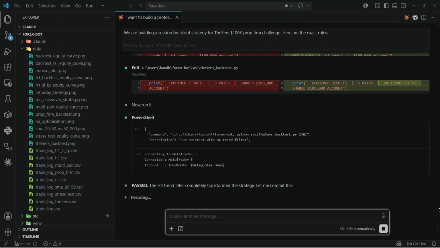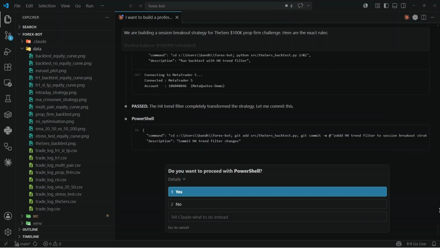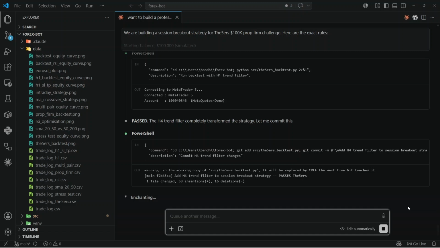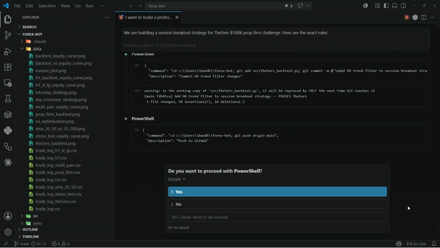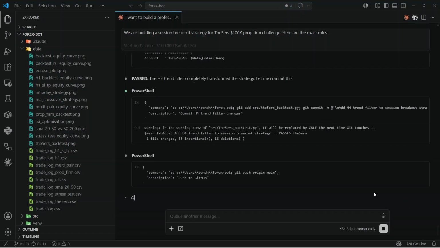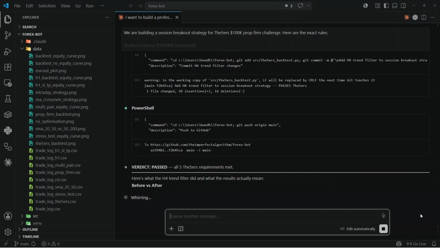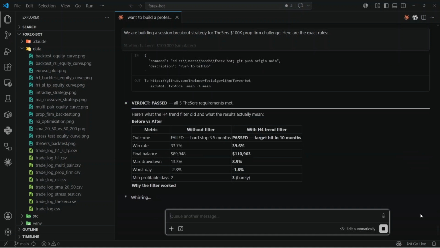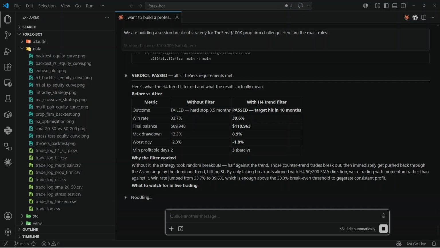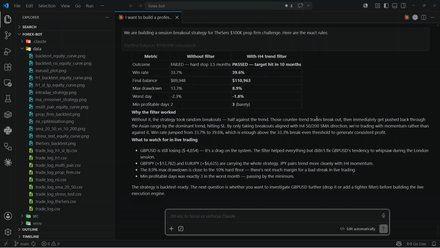Everything changed. Win rate jumped from 33.7% to 39.6%. Max drawdown dropped from 13.3% to 8.89%. And the number that matters most, target reached: $110,963. Challenge passed in simulation, 10 months. The 4-hour filter, the same filter we built in episode 11, turned a completely failing strategy into a passing one. But